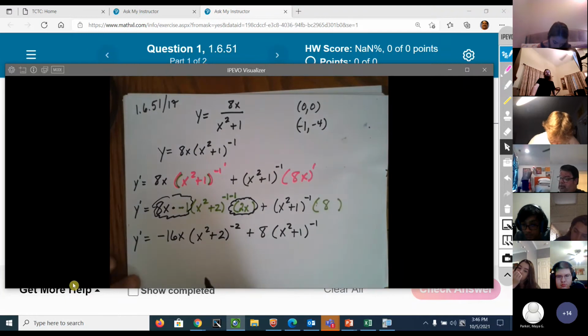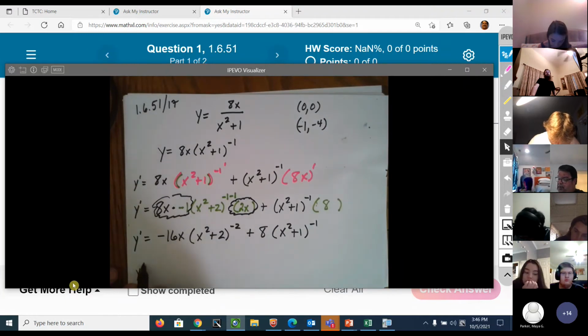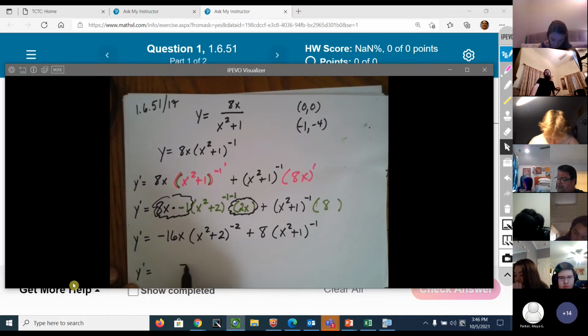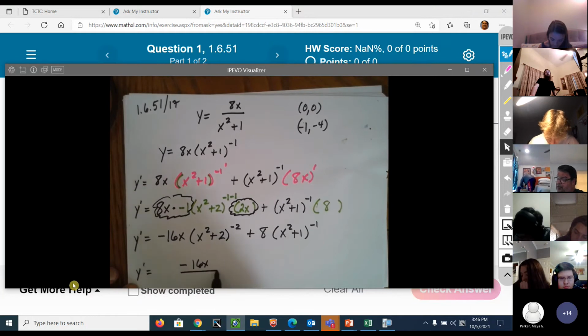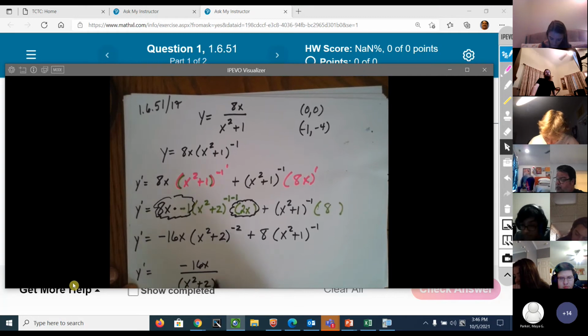And that's going to be y prime is equal to -16x over x squared plus 2 to the 2nd power plus,